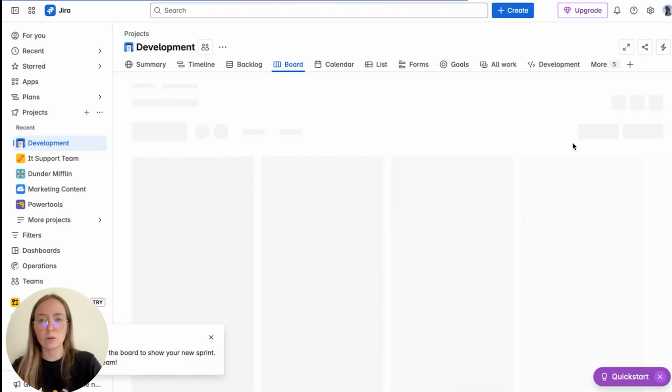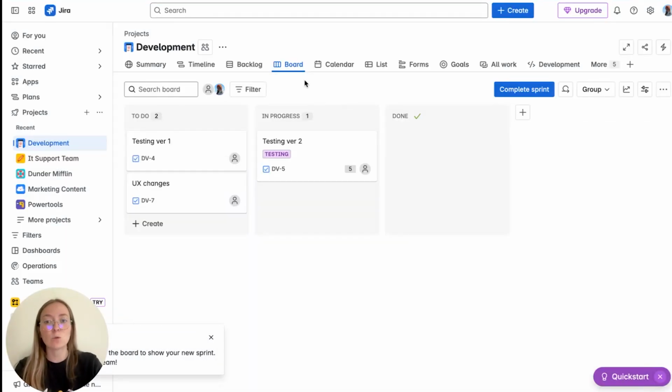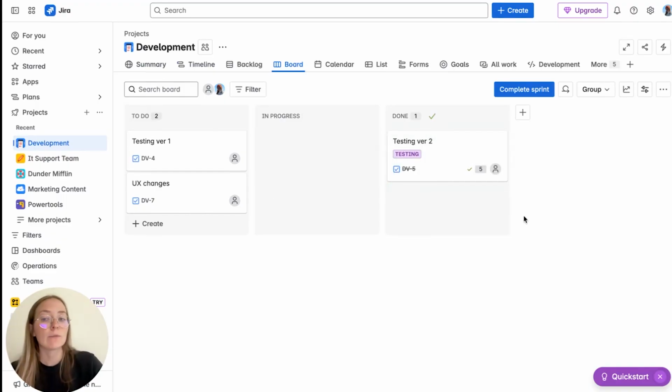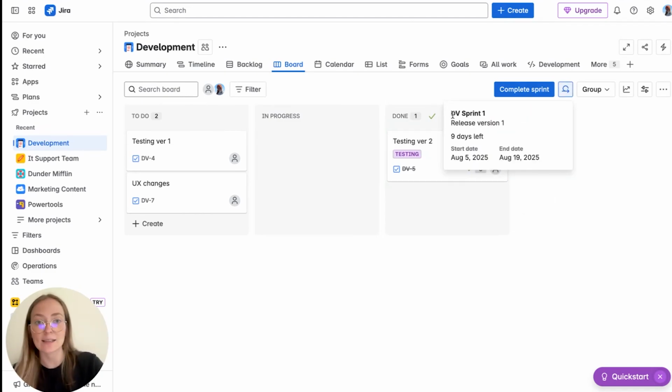And now we will go to the board, and we have on our board every task from the sprint. Some of them are in to do, but we changed the status before, and when your team finishes the task, they will go to done. And here you have sprint details such as the name, and of course the goal, how many days are left and when